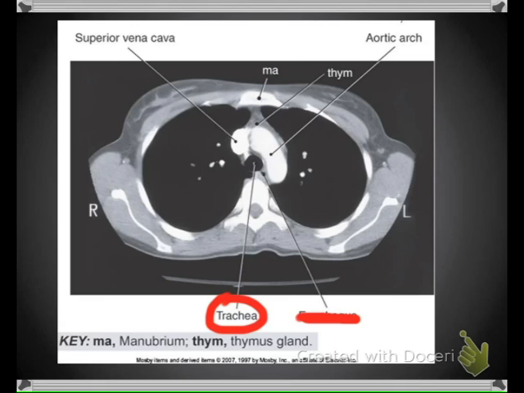And one of the most overlooked areas is the thymus, which is here. And it corresponds to this area. Notice that it's just slightly anterior to the aortic arch. And as we know from previous experience,